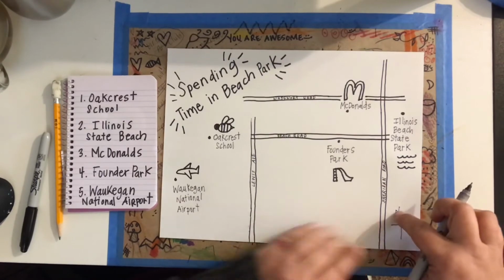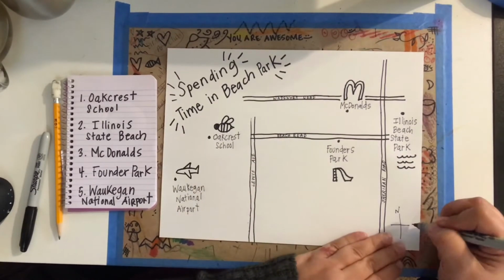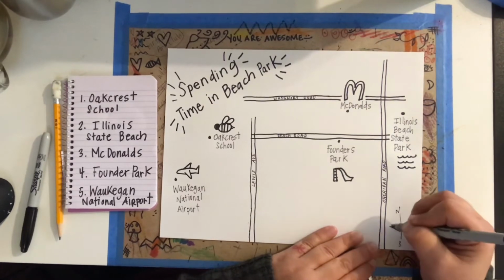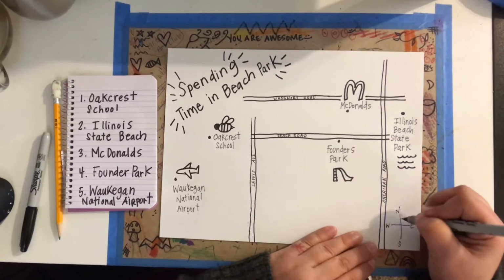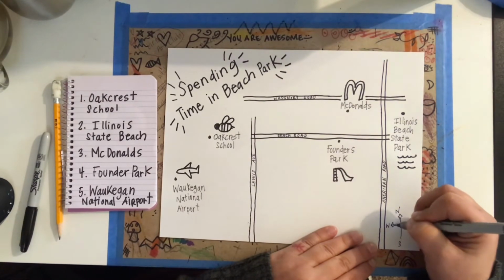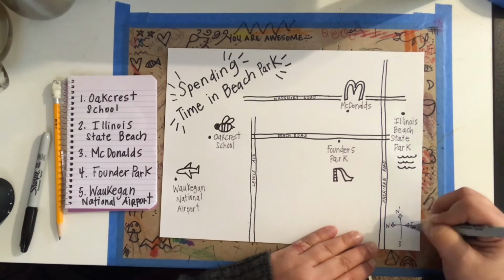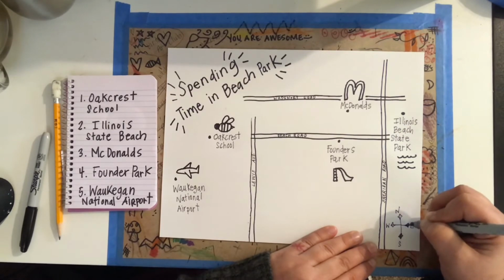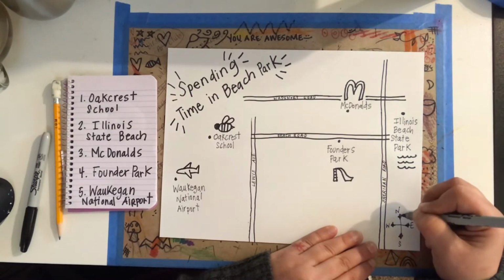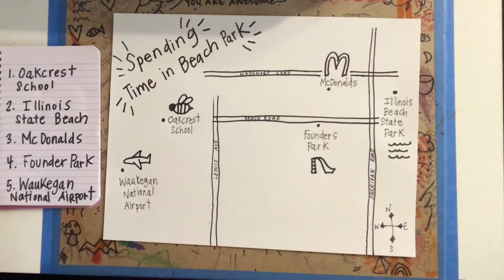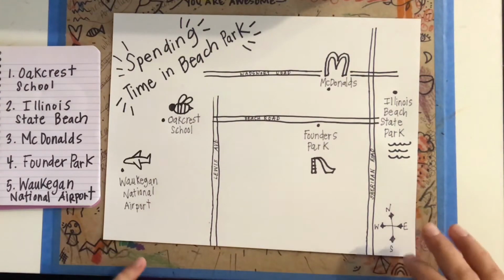And I know that McDonald's is north, the lake is always east, south, and west. Or you can also zhuzh it up a little bit and make it kind of fancy, if you wanted to make it a little fancier than just a plain old plus sign. That's fine. Compass rose. The next thing you can add is a legend, and the legend would be some symbols to identify